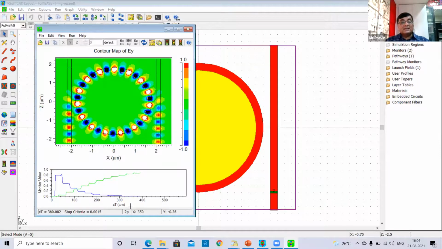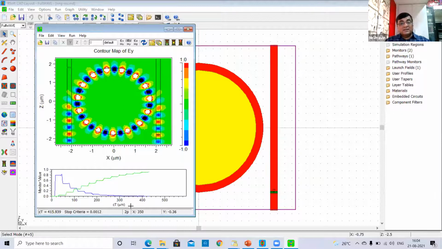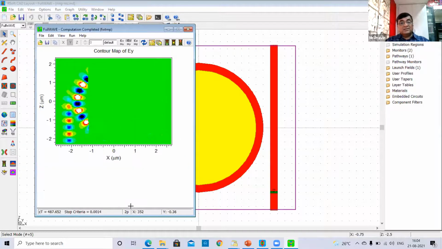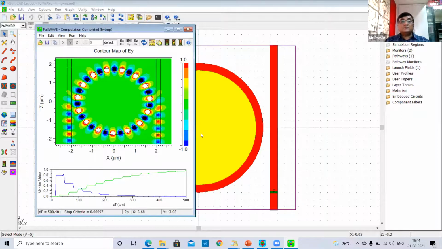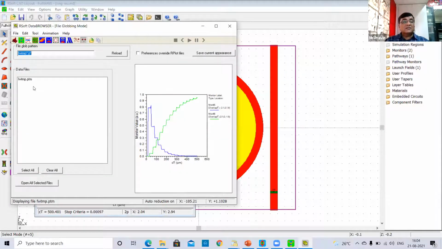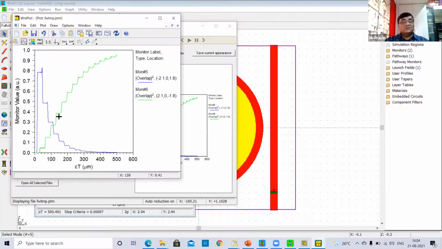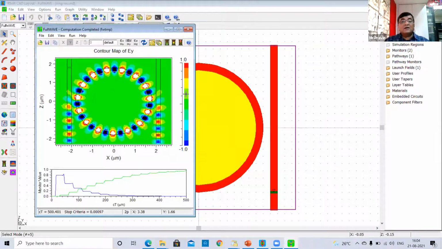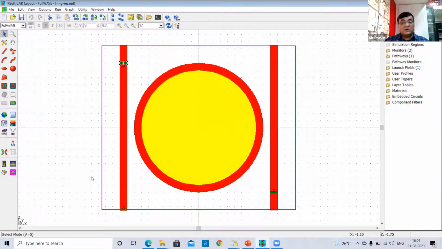Once it gets the convergence, it will stop and give the result. Now the computation is completed and you can open the simulation results. This is how the field is. In fact, we have not put the file prefix. That's why the other results are not available.